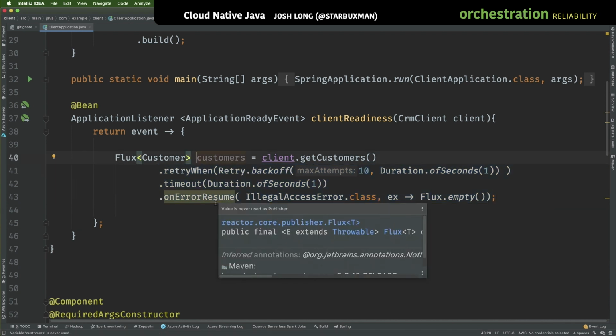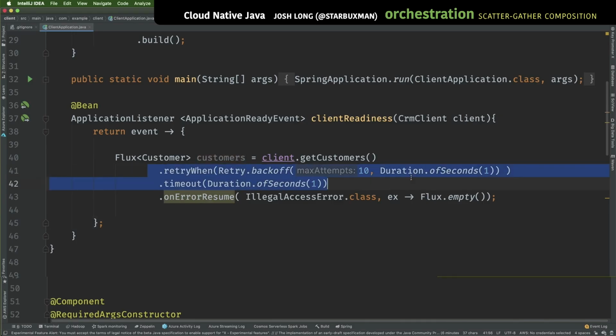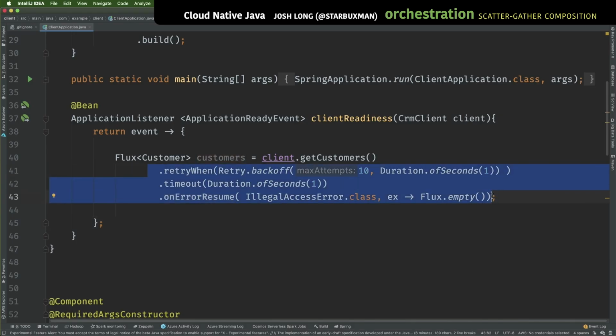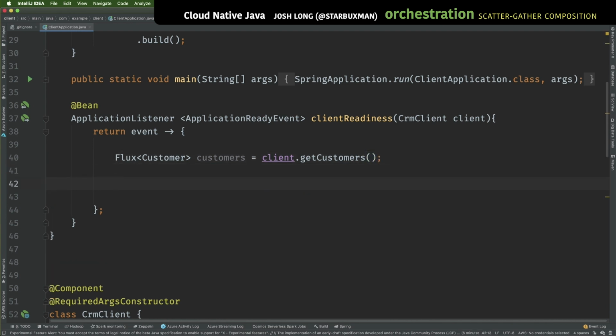There's a nice third-party project called Resilience4J, which gives you the ability to easily add things like bulkheads, rate limiters, retries, and circuit breakers. I'm satisfied, however, for now that we've done enough to make our services more reliable. Let's talk about one of the other big benefits of using reactive APIs, namely the ability to do really seamless